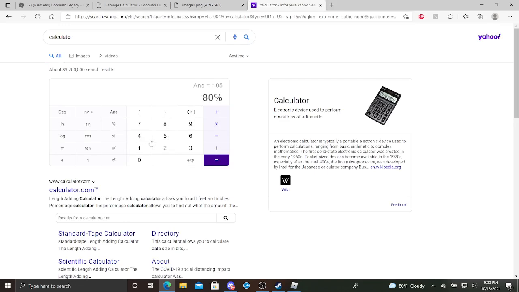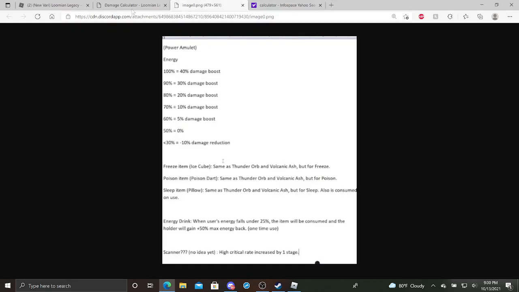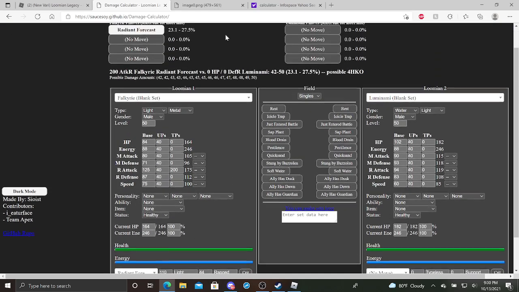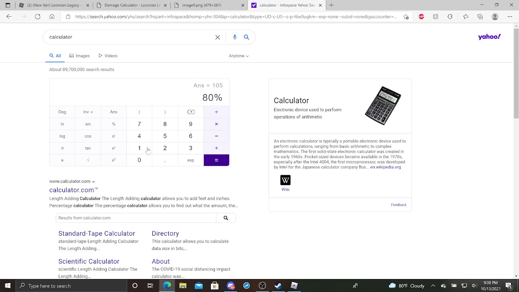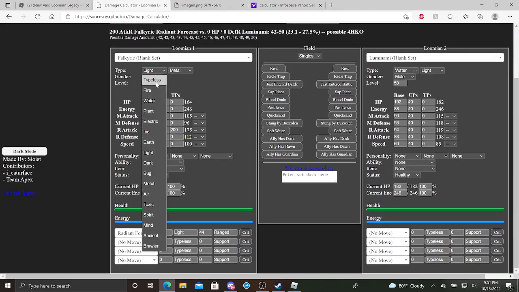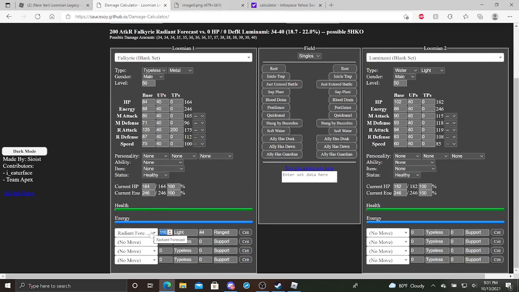Because I'm going to use light essence, which is 30% stronger with the awakening. So, 30% of... Let's actually use Radiant Forecast. What is Radiant Forecast? I forget how much power. 110. Let's do 110. 88. So we go 110 plus 88. You're going to have an almost 200 base power move. So if we remove this, right, and we go 198,